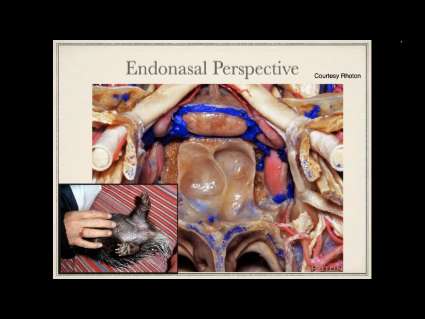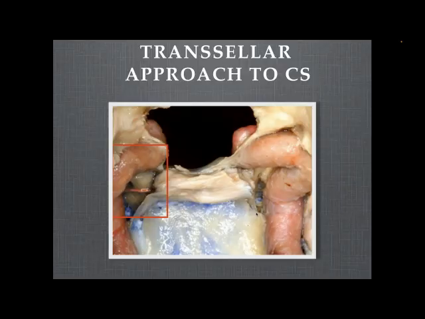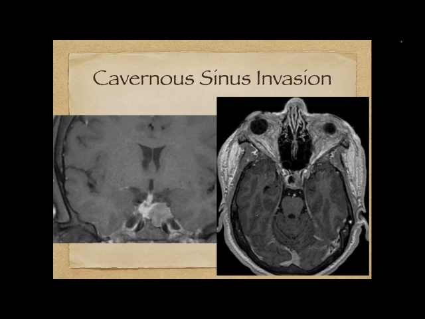Now, when we look at this endonasally, I really think of this like the belly of the porcupine. Yes, the carotid artery is still there, but all of the nerves are outside where we're working, and pituitary tumors start on the inside. They start in the sella of the pituitary, which is the very central area here, and that's where the tumors start, and they only extend out to this. So we're following a very natural pathway, and I think that's why this is sort of like the belly of the porcupine. So a really nice way to get at this area called the cavernous sinus, and so we can access through the sella and through the sinuses to get there.